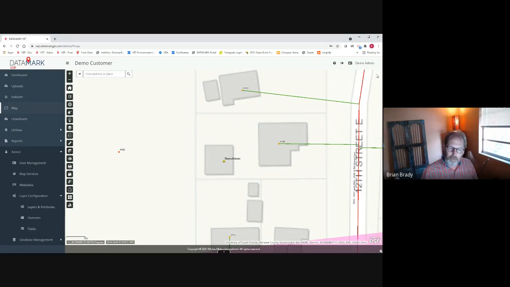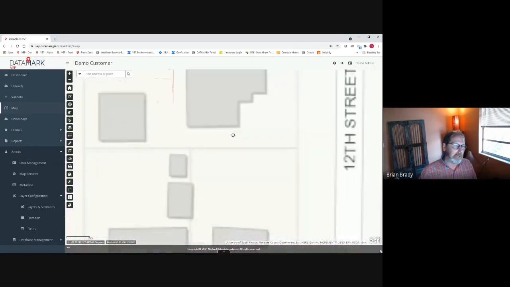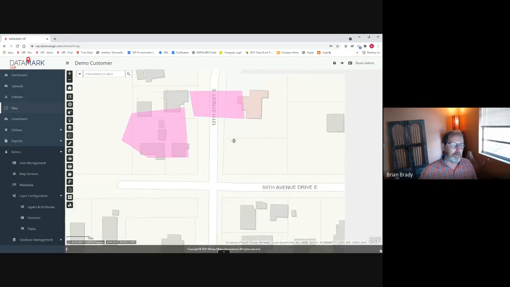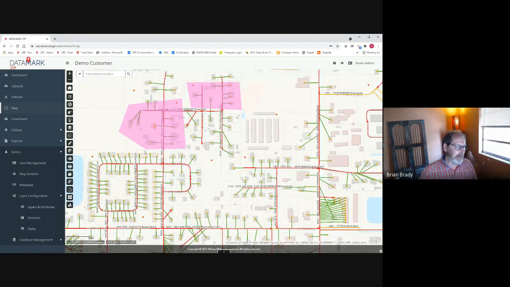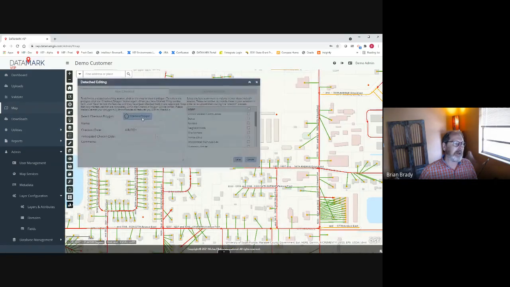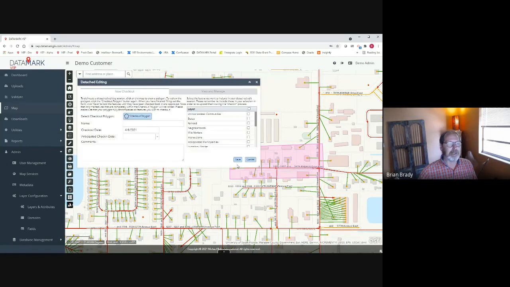But you can also perform what's called detached editing. And detached editing is like, you see these purple boxes. This is a detached edit boundary, right? This is a detached edit function. And when I select this, I can tell VEP, hey, I want to check out some data from the system because I want to edit it outside of the environment. I can come in here and I can draw a box around whatever I'm interested in